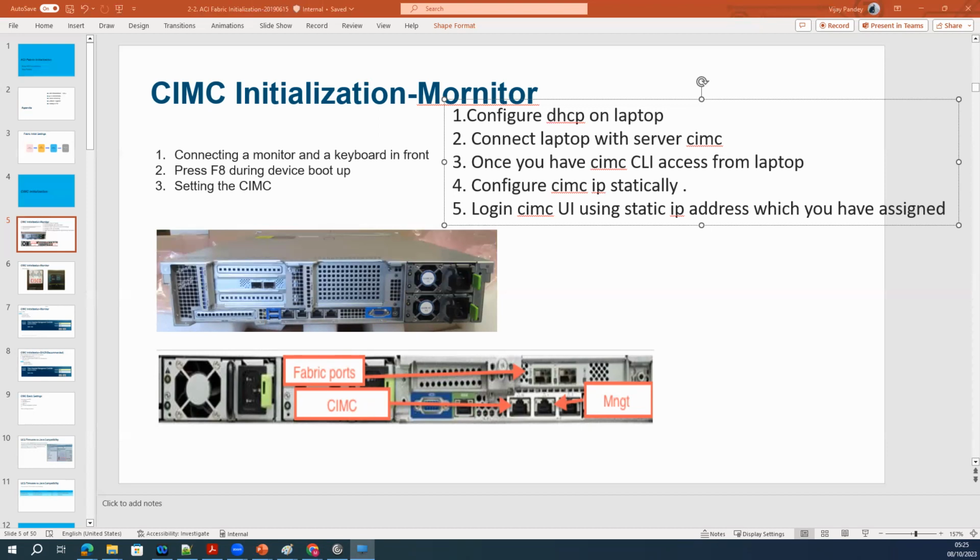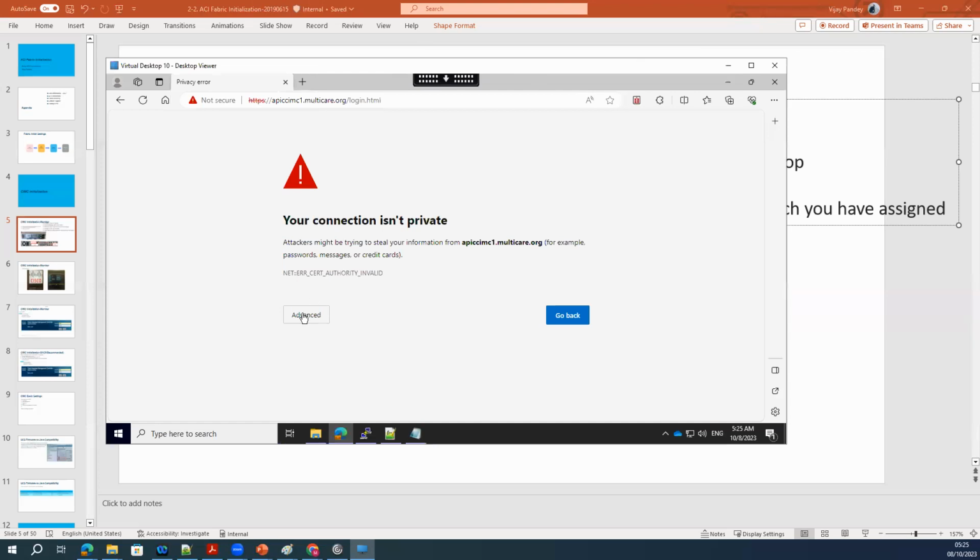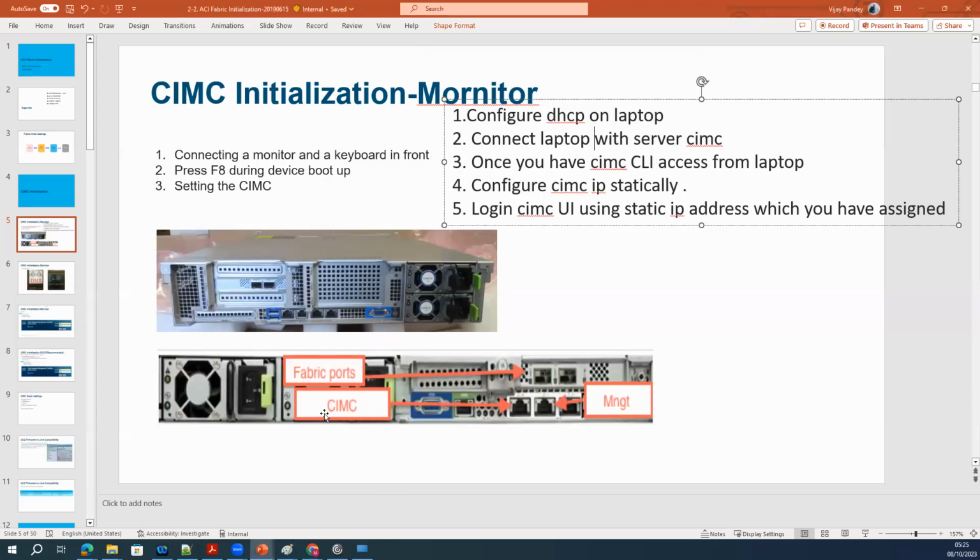Okay, so let me log in. I have the login of the CIMC interface. Okay, so this is the CIMC. This is the scenario I have: I have connected my laptop to this interface.